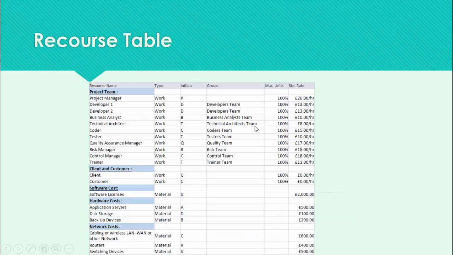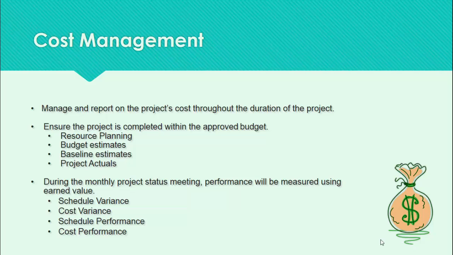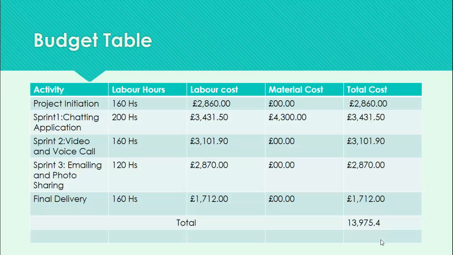Then moving to the resources table, as I explained before, this is our resource table. Moving to the cost management of our project, we manage and report the project's costs throughout the duration of the project. We also ensure the project is completed within the approved budget. During the monthly project status meeting, performance will be measured using earned value. Moving to the budget table, we have